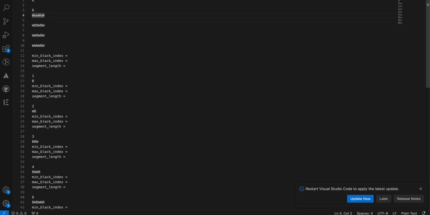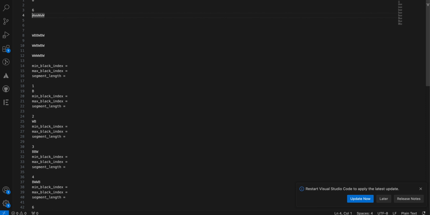So essentially what the question is asking us is to find the length. In a way we only have to find the minimum and maximum positions of the black cells, and then just add one so that we get the length of the segment which has the minimum and maximum black cells, right? So this segment, which had the minimum and maximum black cells, has length 4, which we get by